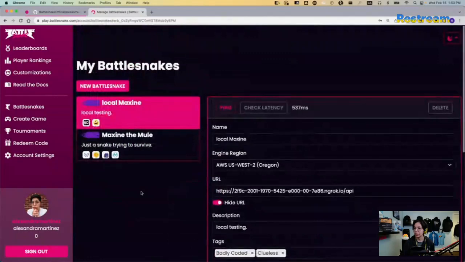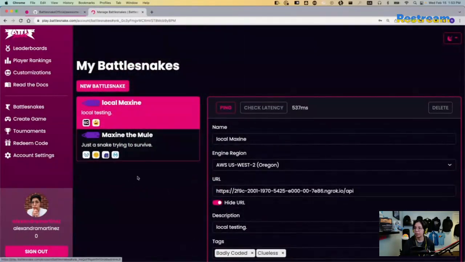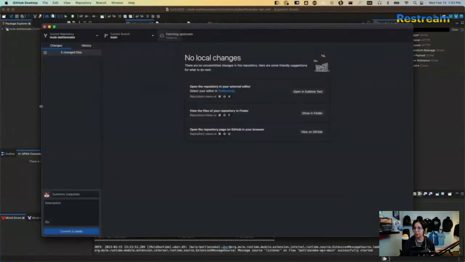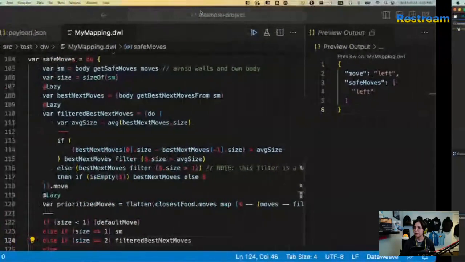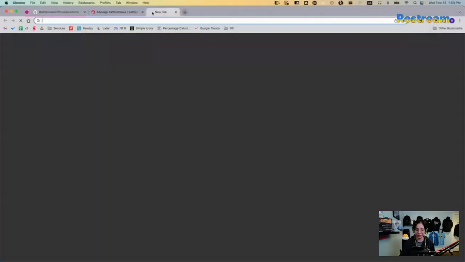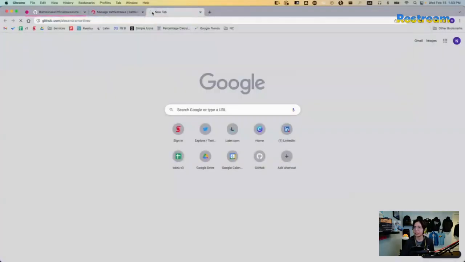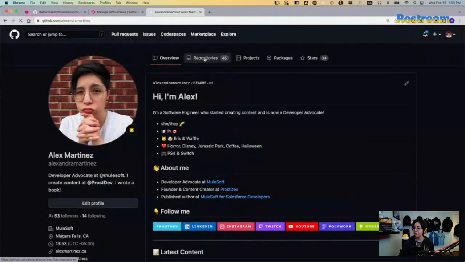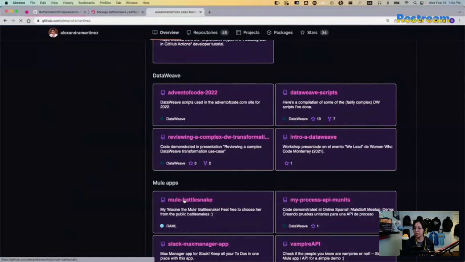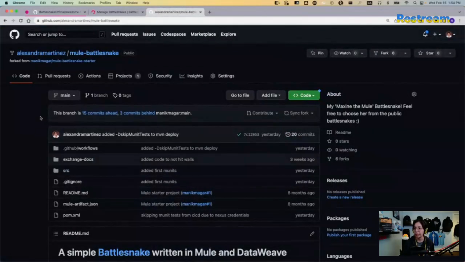So I have my local Maxine. Oh, and I already committed my code. Yeah, yesterday I was having issues with the MUnits. Yeah, that's done. Because I created MUnits now because I need to make sure that everything is still working. And apparently, when you want to include your MUnits in your CI/CD, you have